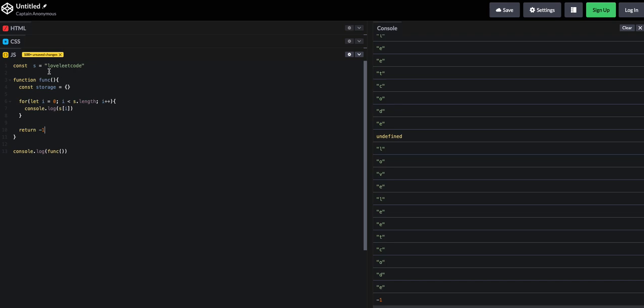And the nice thing is it's going to go in order. So you're going to see L occurs twice, O occurs twice, and then V occurs once, and so forth. Then we can just loop through storage,